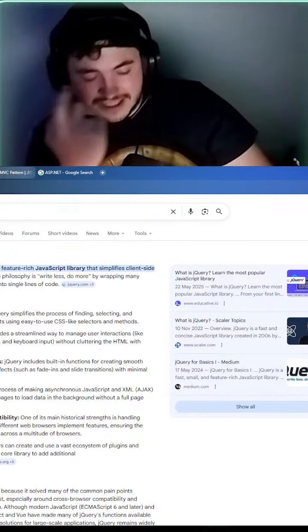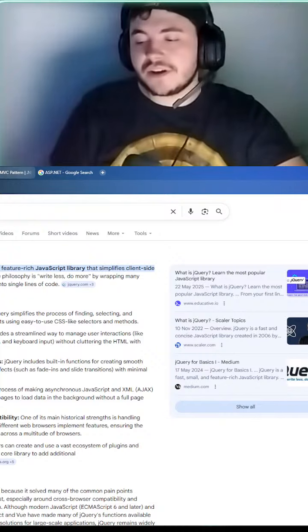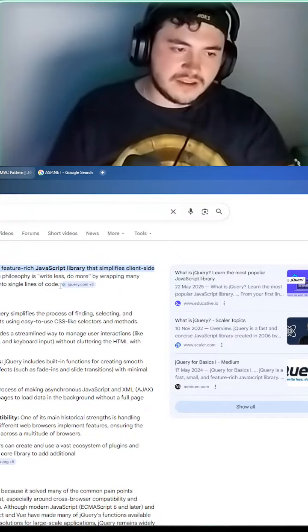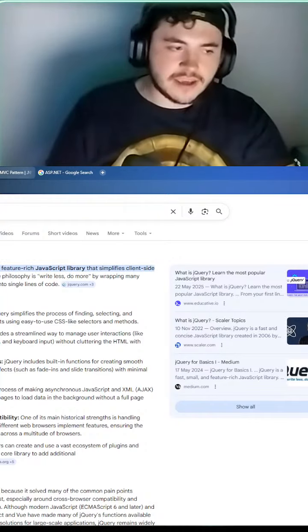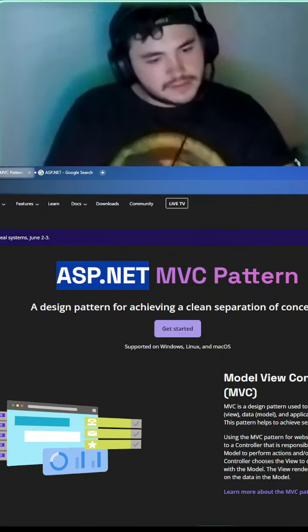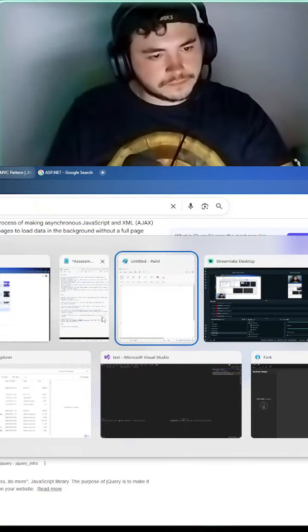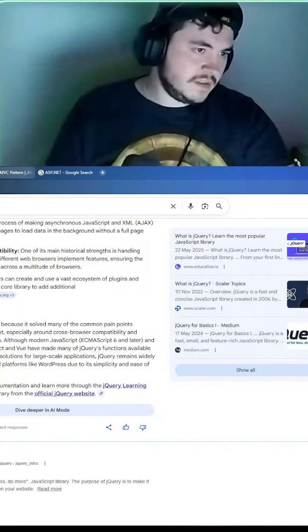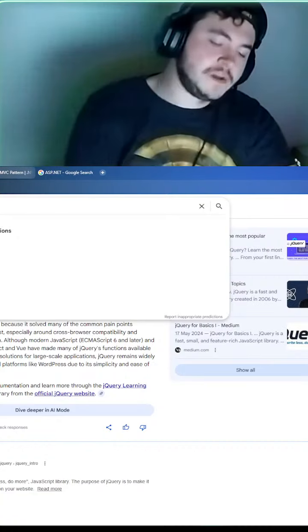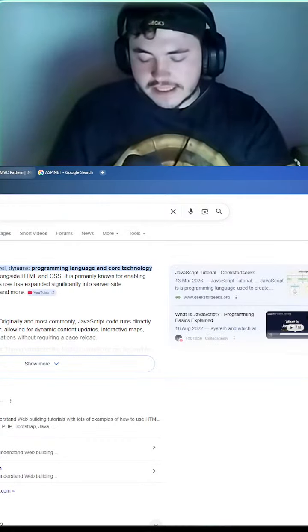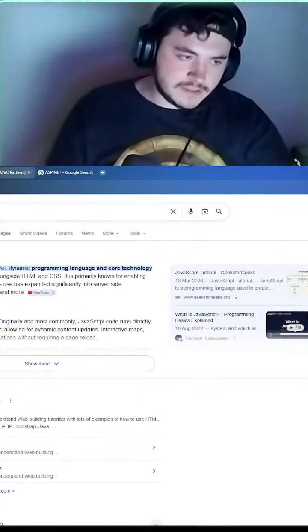So we're going to skip all of this. Having a front end is not a requirement for this assessment, but if we're going to have a front end, I'm going to do it in Angular just because I want to. Simple as that. Now, let's take a look. What is JavaScript? Now, as I said earlier, if we're going to do Angular, Angular makes use of TypeScript, which is basically JavaScript with extra type safety.